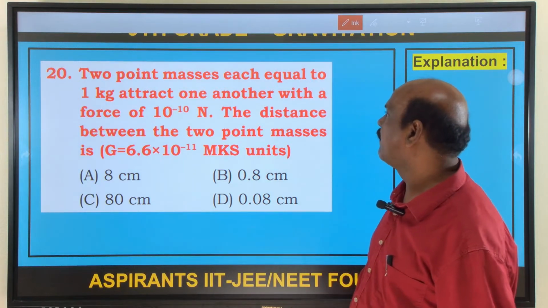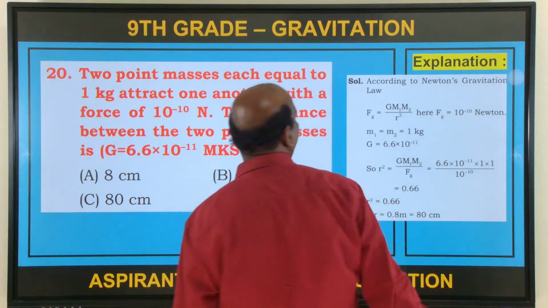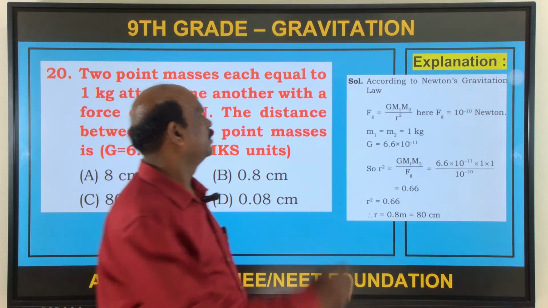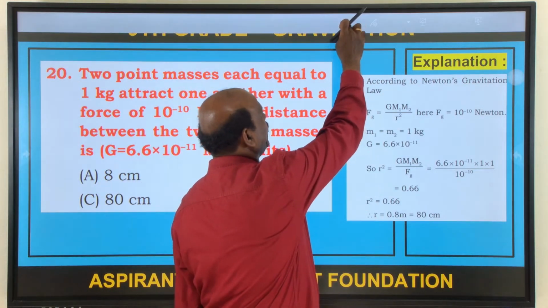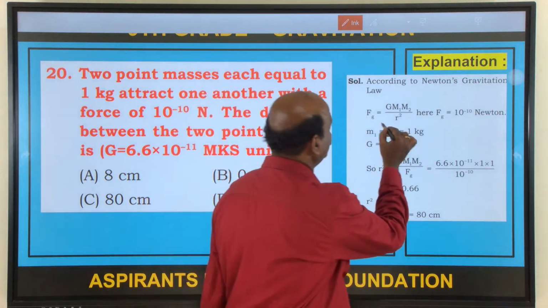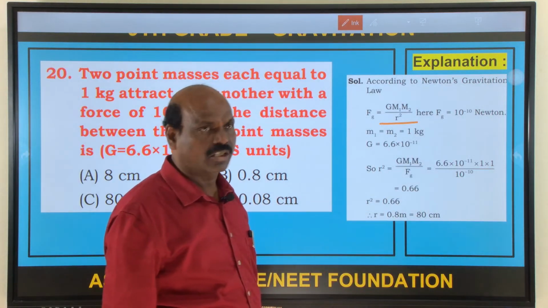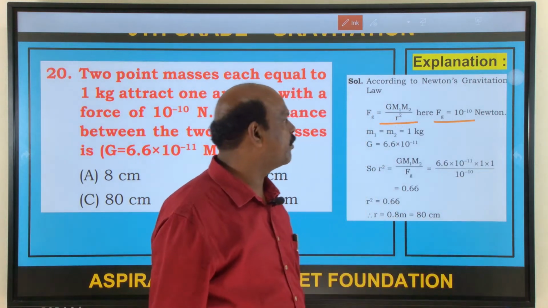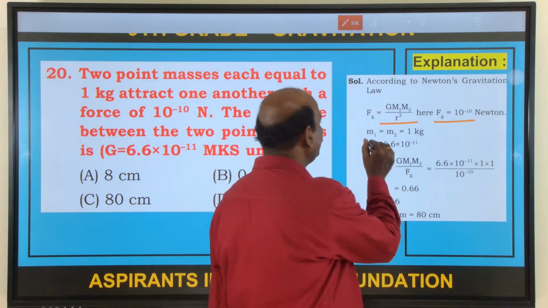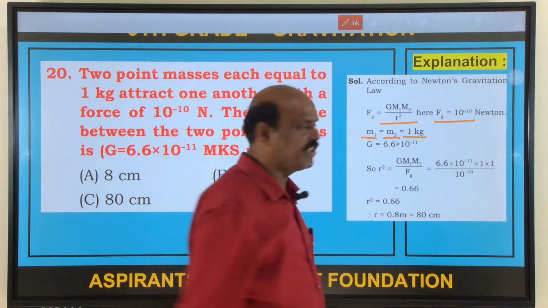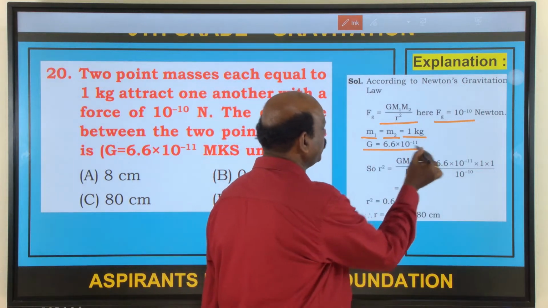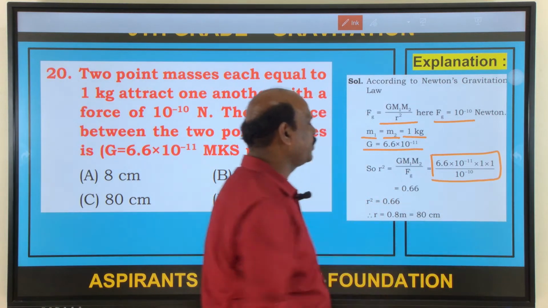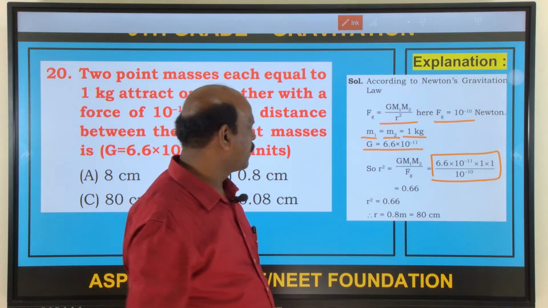So here, according to Newton's universal law of gravitation, the force of gravity F is equal to G into m1 m2 by r square, and the force of gravity is given as 10 power minus 10 newtons. If you take m1 equal to m2 equal to 1 kg, and we already know the G value, then when you substitute these values in this equation,